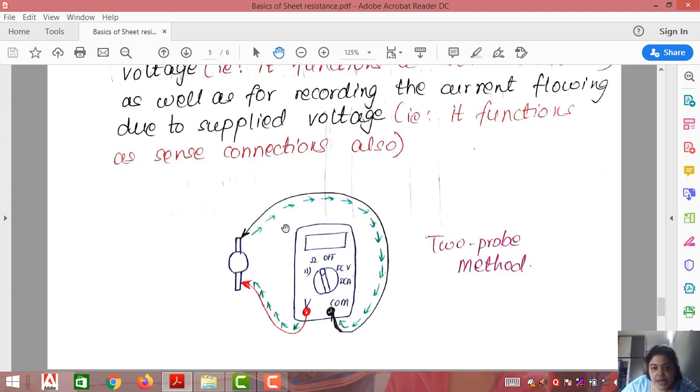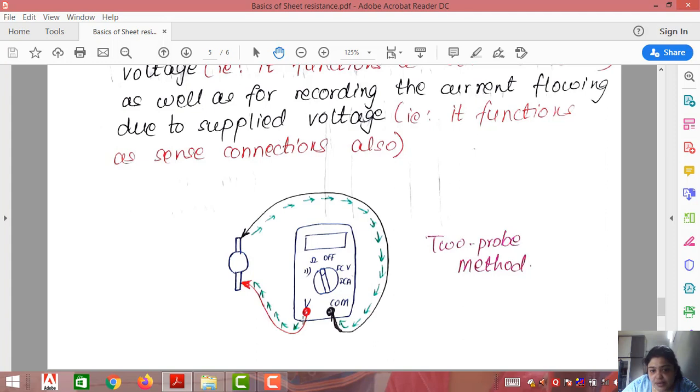Let me be very clear in what I just explained. Suppose you consider this as a multimeter. We have two different probes connected. These two probes, the probe shown in red and the probe shown in black, assume that this is a resistor. You connect these two probes to the resistor. How will this resistance value display on this multimeter? Now this multimeter, the device itself, will give voltage to power the resistor. So the voltage being supplied to the resistor is through the multimeter itself, and the same two probes.